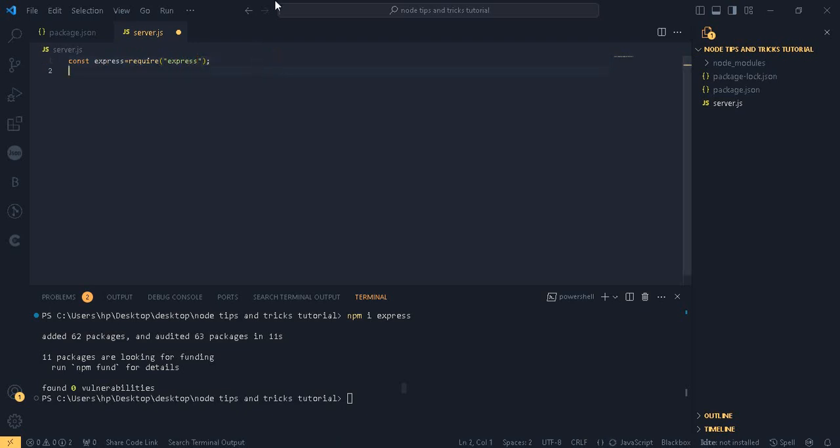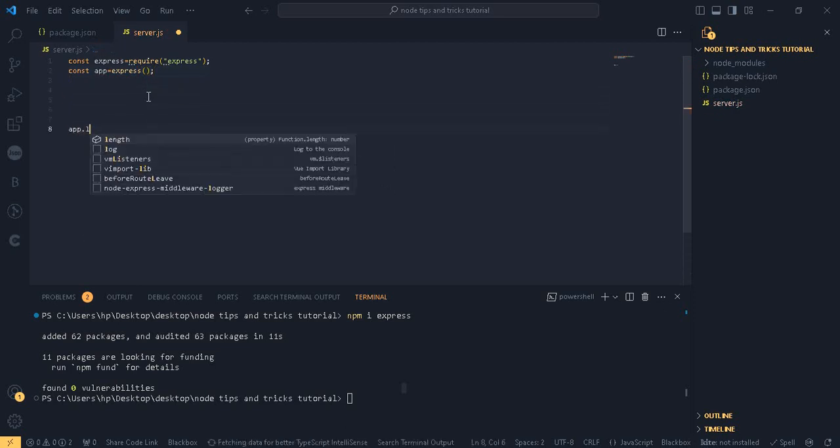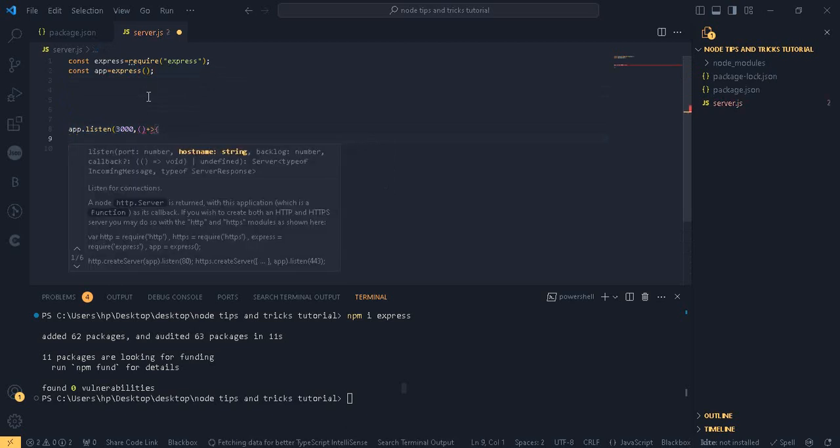So we have initialized our express, and we need to make app equal to express as a function. After that we can call app.listen on port 3000, and we can make a callback function,